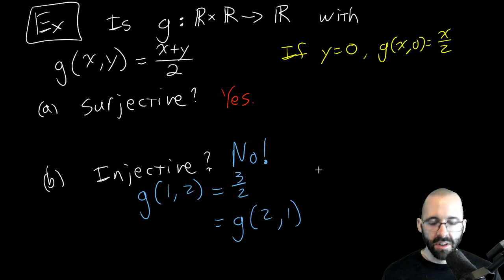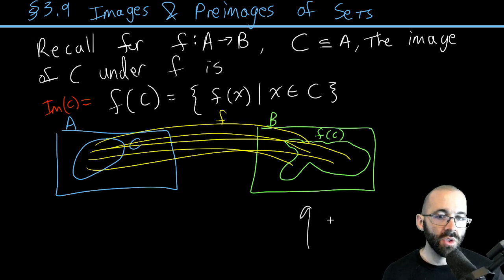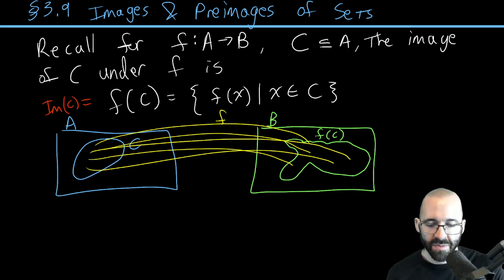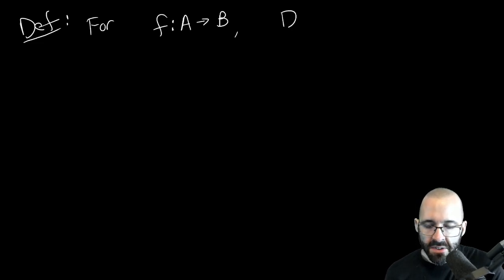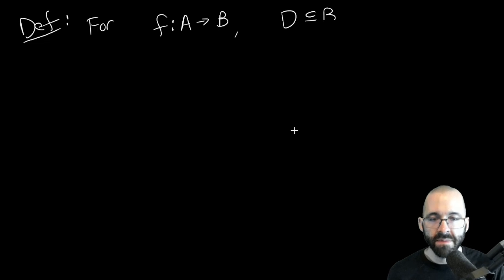All right, so let's go back to this picture that talked about what an image was, the image of a set. Well, what do you think the preimage of a set might refer to? Ready or not? Here we come. Let's see if you got it right. So we're going to have the same function. So we still have f that goes from a domain to a codomain. Now let's look at a subset of the codomain. Let's say D is some subset of the codomain. Then the preimage